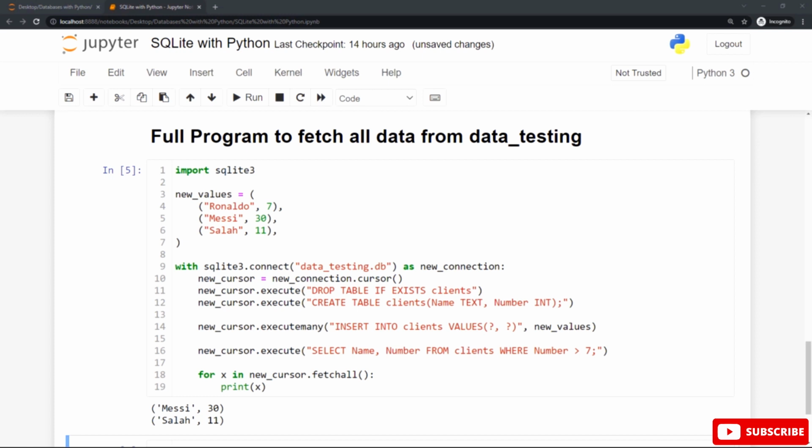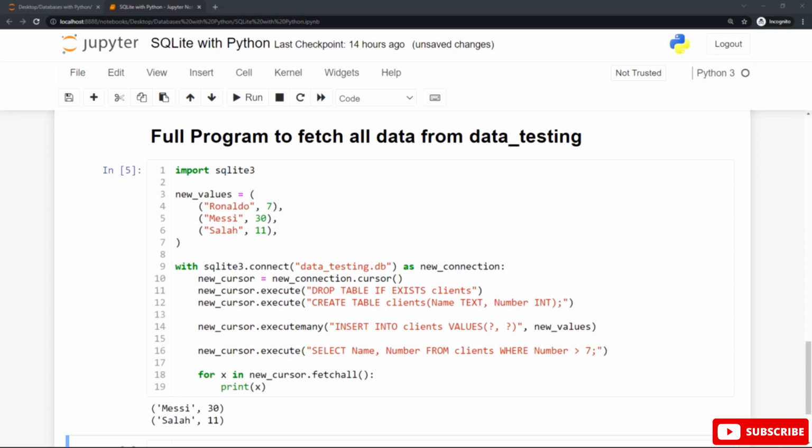and a semicolon to mark the end of this SQL statement. All that goes inside the round braces of the execute function to execute this statement in the SQLite database. Now, to execute these many statements at once, use the executemany function with this cursor also, to perform this SQLite syntax without any errors.